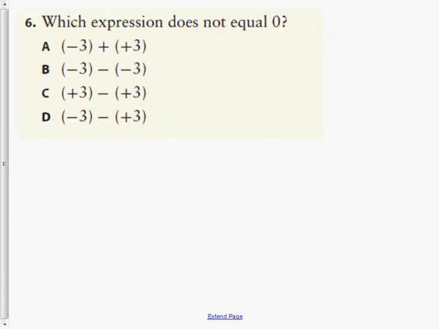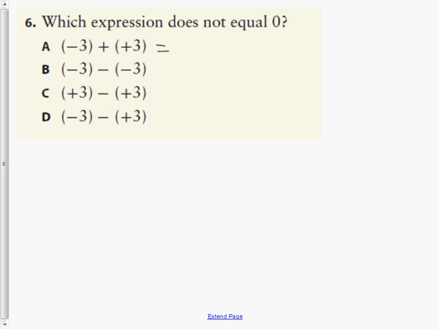Question 6, which expression does not equal 0? So we're looking for ones that do not have zero pairs. Now remember, for those of you who have gravitated towards never subtracting and always keeping the first integer the same, changing your subtraction to addition, and using the opposite of the second integer to get the same answer,